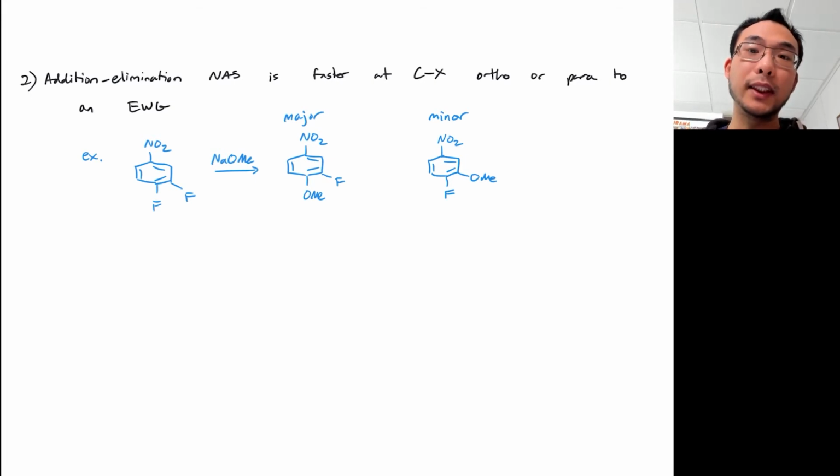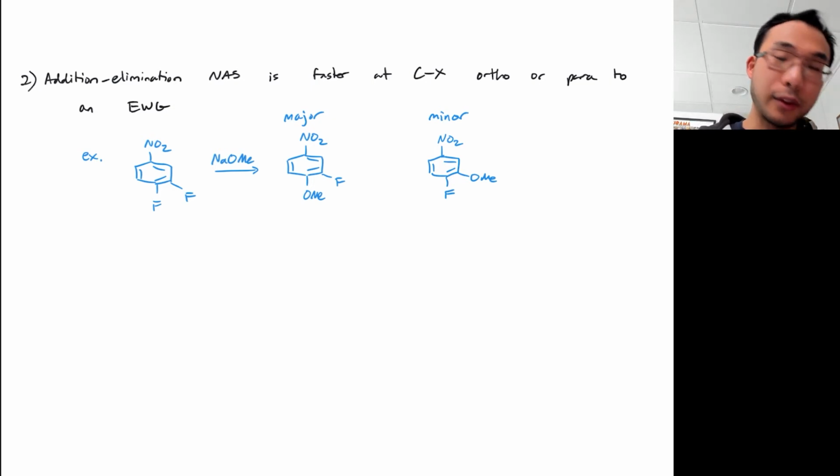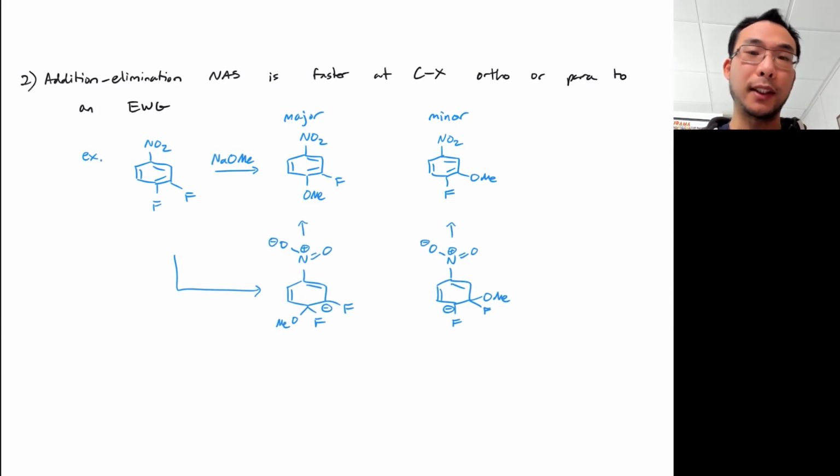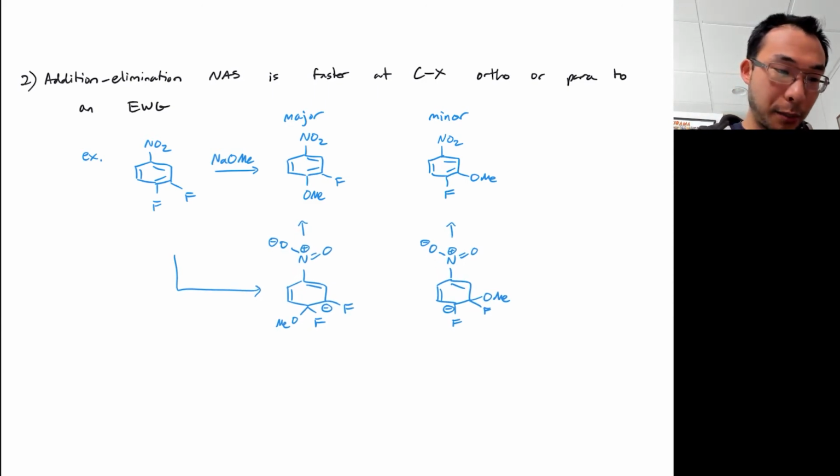The pattern that we see is that the addition-elimination NAS reaction tends to take place at the CX group that is either ortho or para to the strong electron withdrawing group. The reason for this comes from the stability of the carbanion intermediate, as is the case with all questions about selectivity. So I have those intermediates here, and so if we're looking at them, what we see is that the